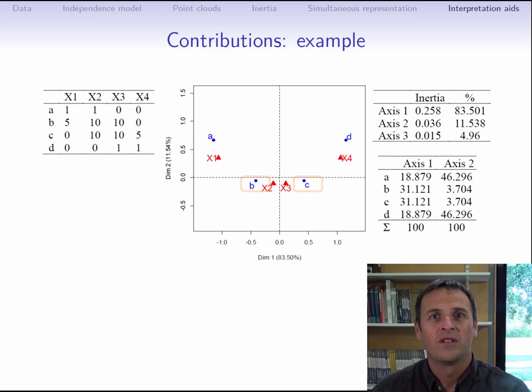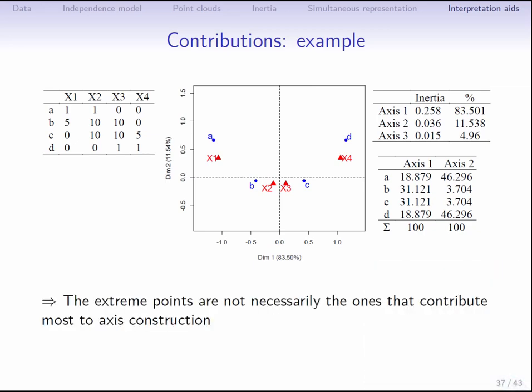When we look at the contributions table, we see that the contributions of B and C are much larger than those of A and D, even though A and D have much more extreme coordinates. This comes from the marginal sums. B and C have clearly the smallest coordinate values, but by far the largest weights. This example thus clearly shows the importance of looking not just at the graphical output of the correspondence analysis, but